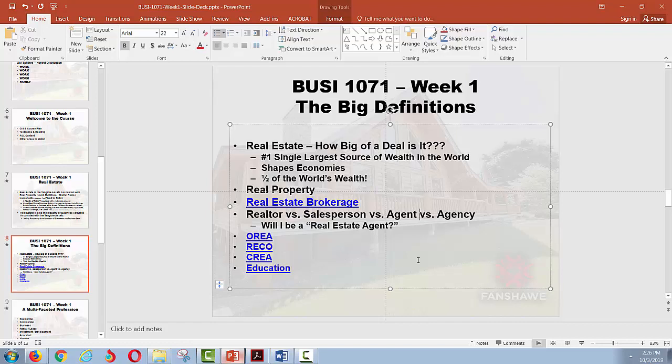In the States, they have slightly different rules. In certain states, if you've gone completely independent, referring to yourself as a real estate agent, and I'm doing hand quotes again, is actually okay. But anyone in Ontario who refers to themselves as a real estate agent, unless they own their own brokerage and they are the brokerage, is making a completely inaccurate statement. So at the beginning of the course, I just want to clear things up like that.